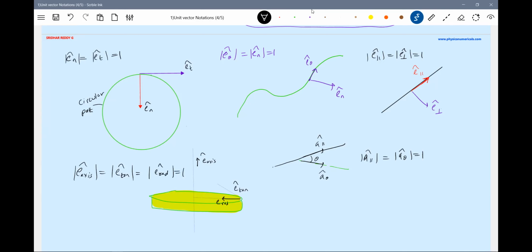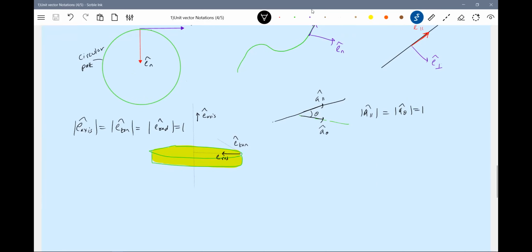So whichever direction you want to express, you bring the unit vector there. Then all the quantities along that direction you can express in terms of that unit vector. I think that's the one best methodology they have brought to express it. So not only this, if we have some curved surface, like a sphere,